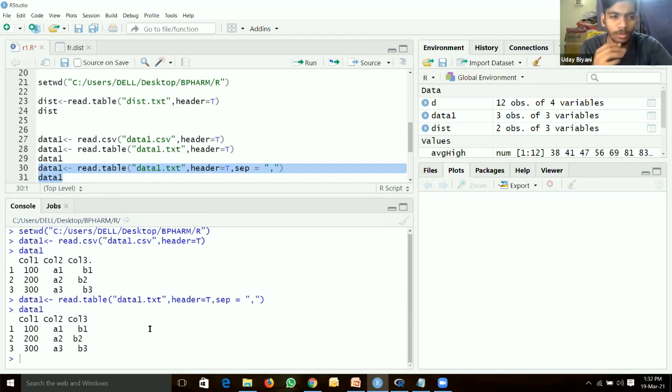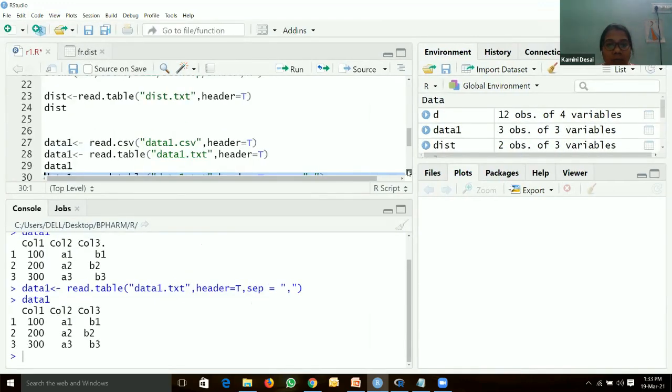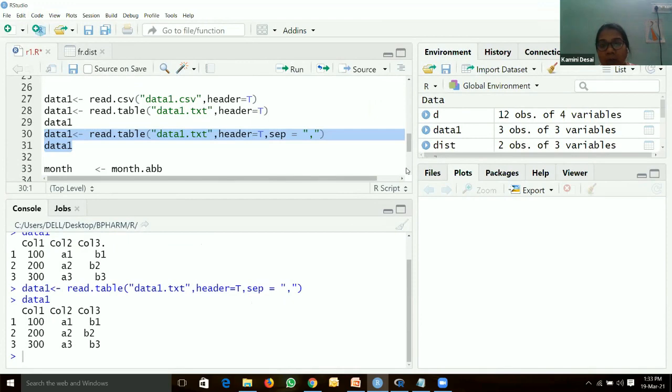Ma'am, it is showing an error. What error? Ma'am, when I gave read.csv and the location, it came like your column 1 column 2, but below it there is a warning message: in read.table, file equal to file, header equal to header, sep equal to sep, quote equal to quote, incomplete final line found by readTableHeader on data1.csv. Yeah, you can share, see the screen. Just give this command. Simply give header is equal to true and sep is equal to comma. But you have to save that data in your directory, then only you can read that data.